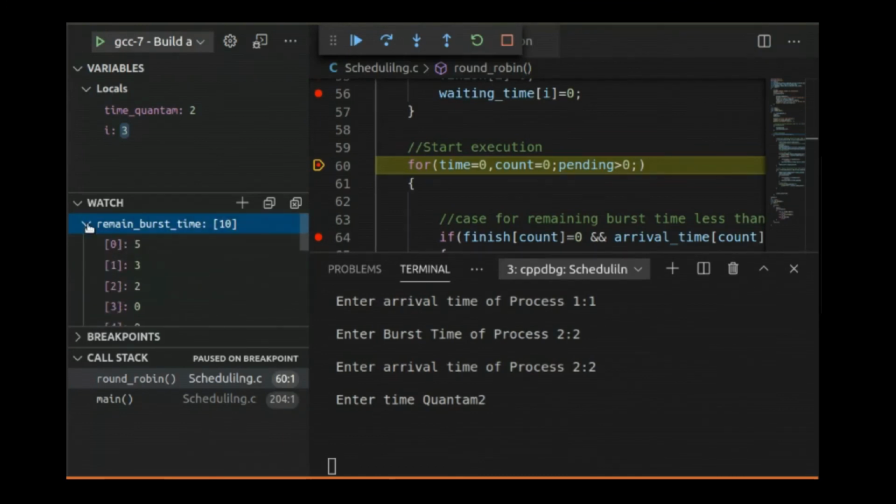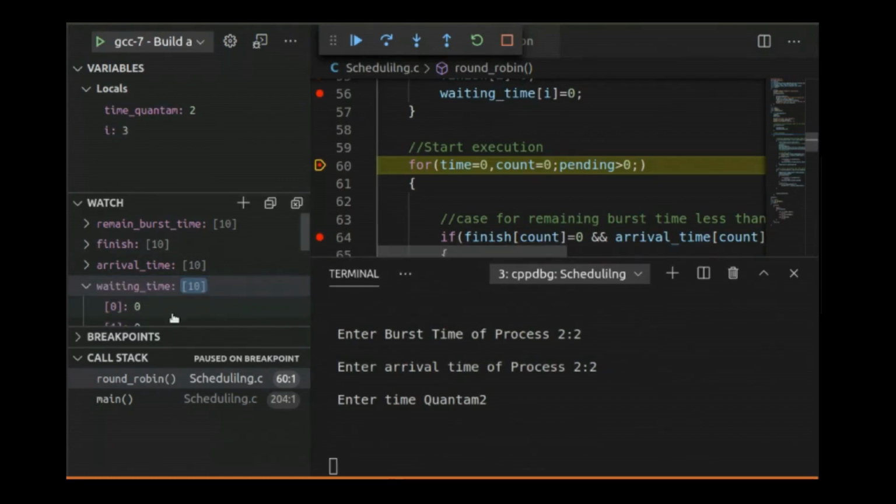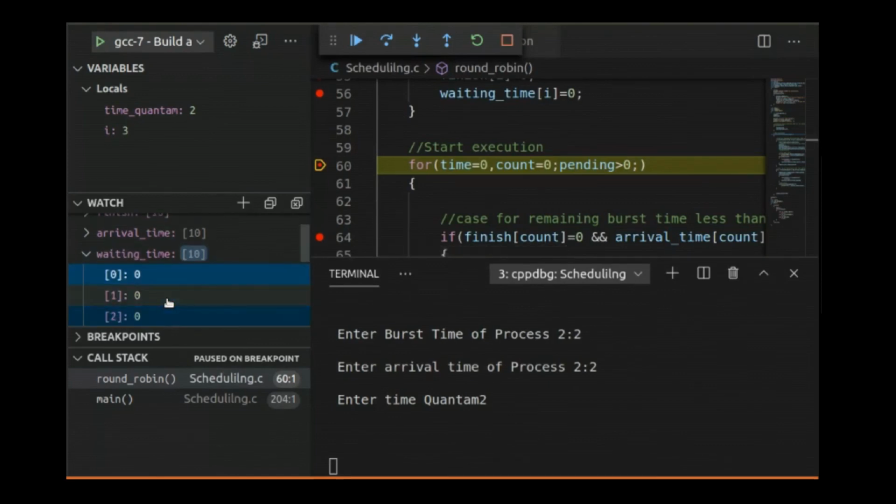Then let us check the other array values. Instead of time, I will write here waiting_time, and check that the waiting time values are also 0 here, 0 here and 0 here. So is it correct? Yes.